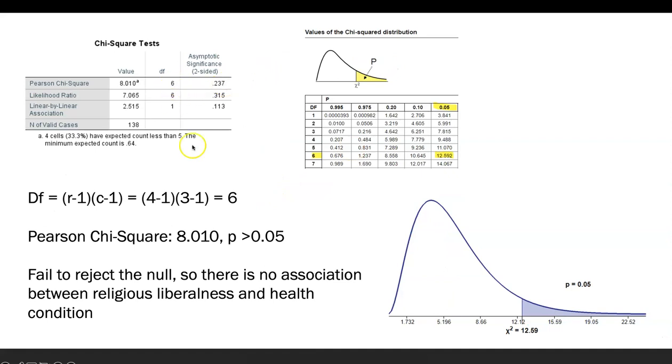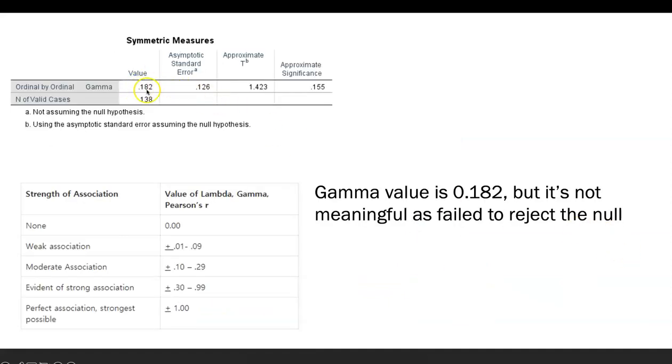The 6 is the degrees of freedom, as you can also check later. With 6 and a 0.05 p-value, 12.592 is the critical region. However, the Pearson chi-square statistic is only below 8, which means it is below the chi-square critical value. It means that we fail to reject the null hypothesis, and there is no association between religious liberalness and the health condition. And the gamma value is 0.182, but it's not meaningful